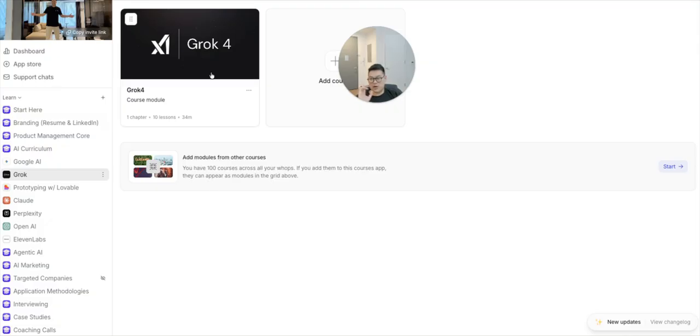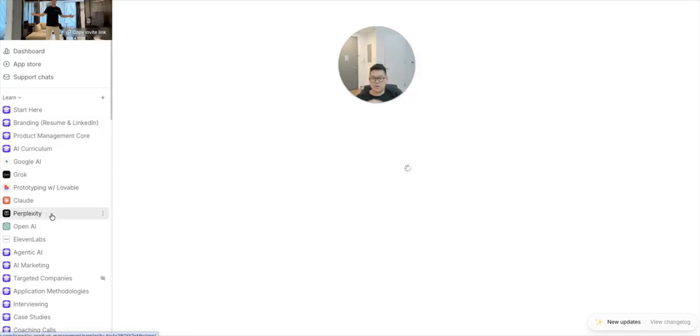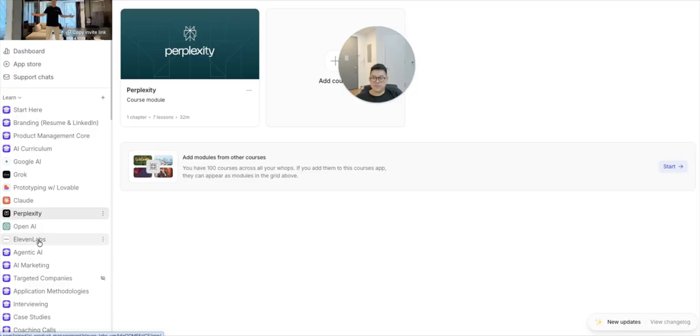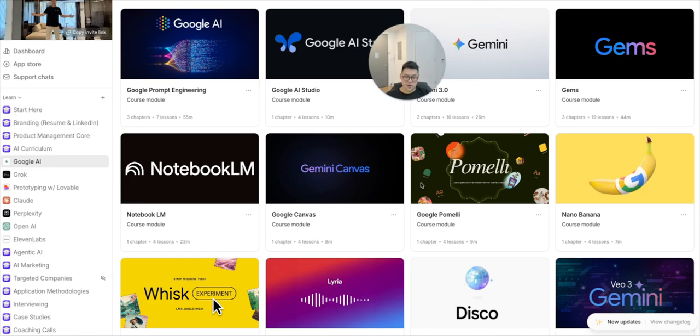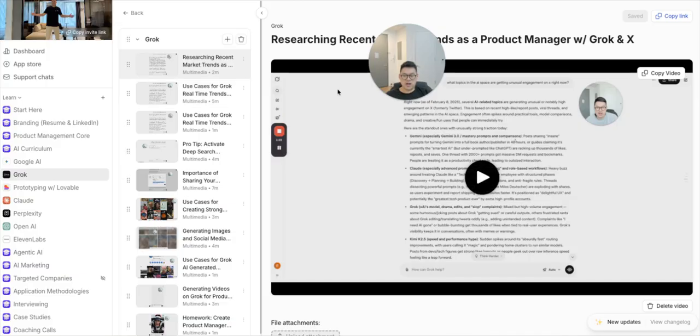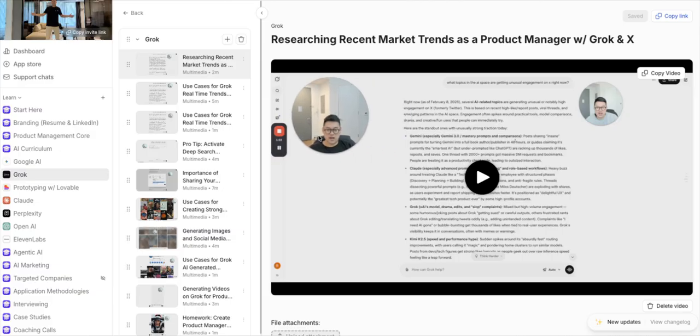Whether you're talking about Grok, whether you're talking about Lovable, Replit, Perplexity, I would say the Google AI stack, which we actually spend a lot of time going over, all of these tools can largely do the same thing. For starters, most product managers are actually using these tools to do the common product manager use cases, like market research,